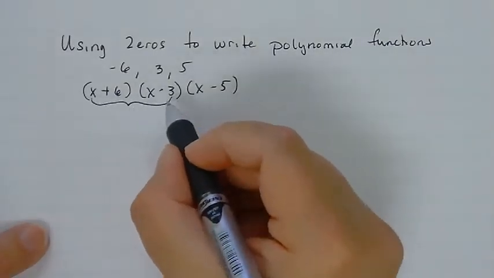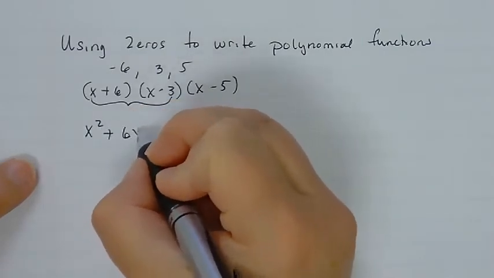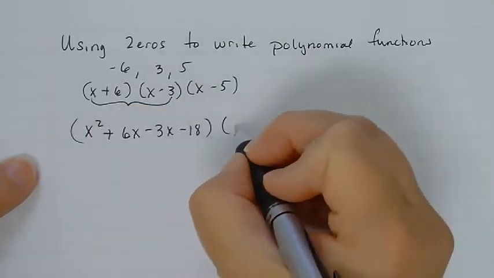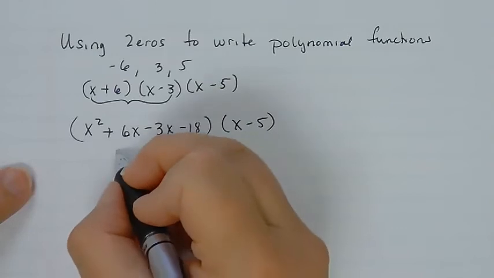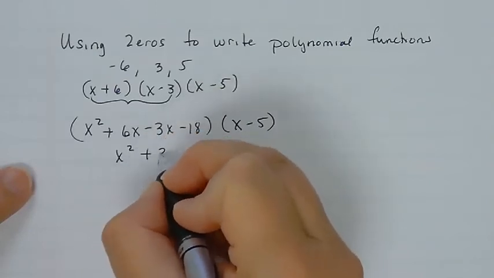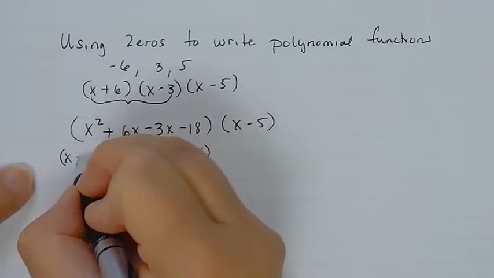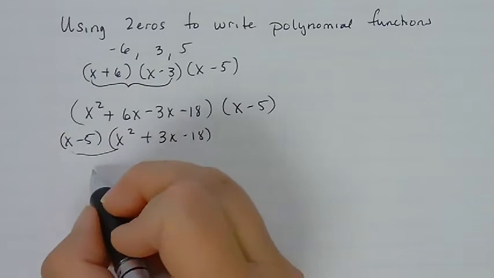I'm going to multiply these two together. So I get x squared plus 6x minus 3x minus 18. And I still have to multiply that times x minus 5. But I'm going to go ahead and simplify this. That would be x squared plus 3x minus 18. And I'll move the x minus 5 to the front because it's easier for me to factor that way. So I get x cubed